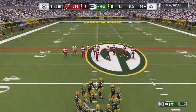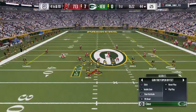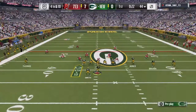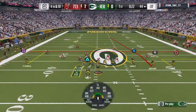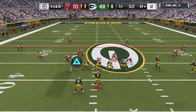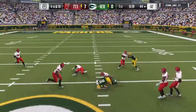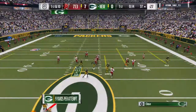The 3 straight incompletions, they don't care. That hasn't dissuaded them. They're going to go for it on 4th. Thomas, the lone receiver, left. They'll try and throw for it here. And James has it. And he will have a first down as they get him to the ground at the